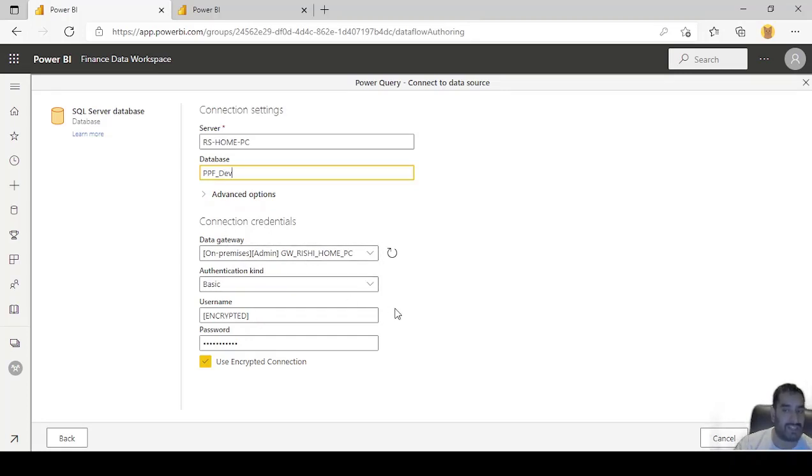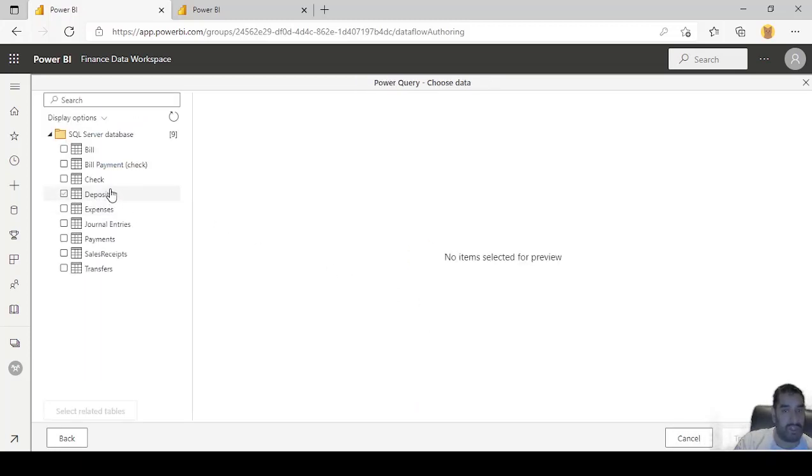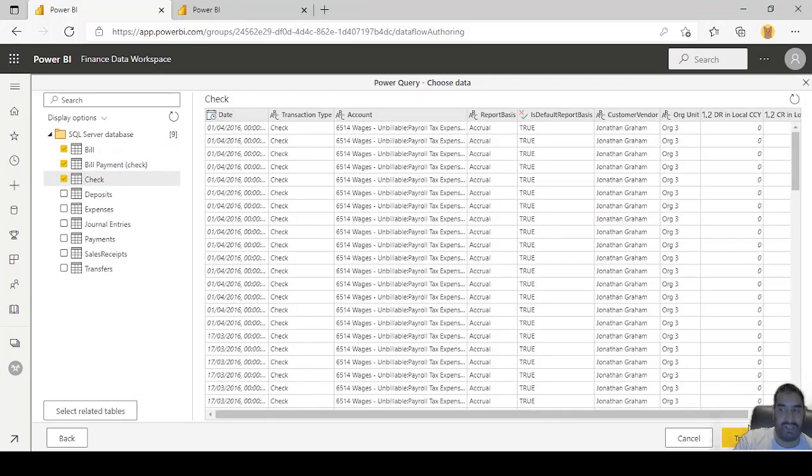This is really handy because it means actually once we've set it up centrally as a gateway, we don't need to have the data flow creators know what those credentials are. It's been set up centrally by IT as a gateway, so they're just passed in to that connection and they can be utilized. And here we can now bring in our finance transaction tables. We're just going to bring a couple in here for an example. If we click on transform data,